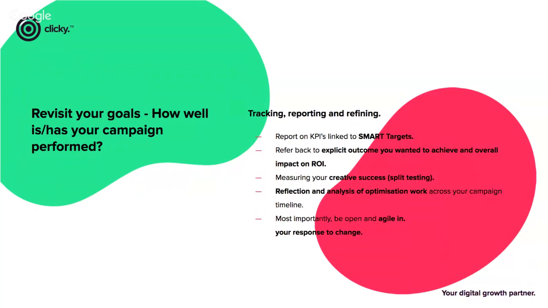And then you've got to refer back to that explicit outcome that you wanted to achieve. If you've sold the campaign into managing directors, senior team members, they're going to be looking for, okay, did you achieve what we said we were going to achieve? So you need to make sure that explicit outcome, you can use data and the stats generated from the campaign